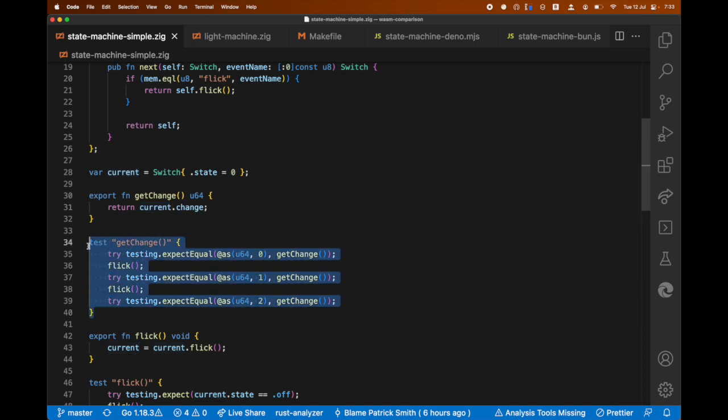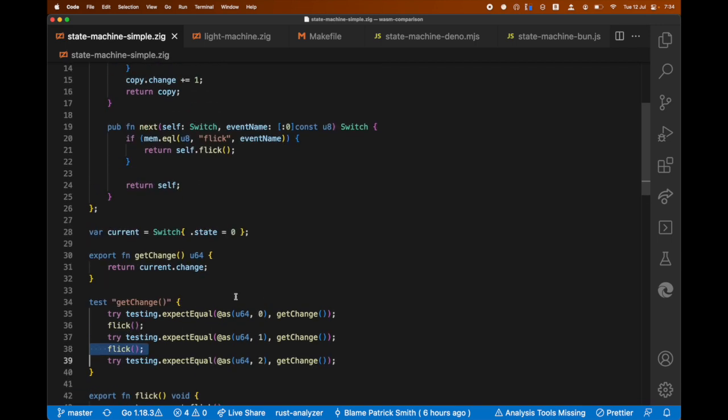In Zig, we can write our little unit tests right in the same source file. I don't have to have a separate file for this. You can see here I'm just calling this function that was exported, the flick function, and seeing that the behavior is how I expect. You can see it go from 0 to 1 to 2, and that's from this line here,